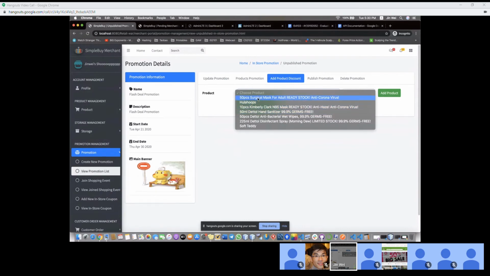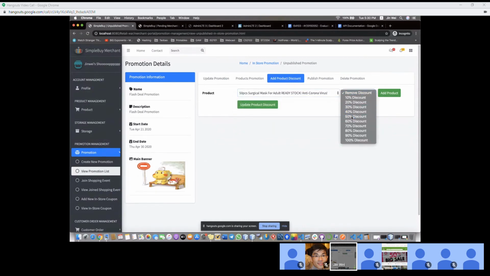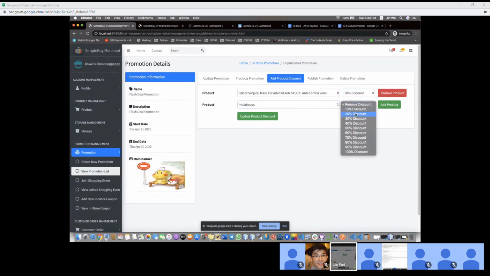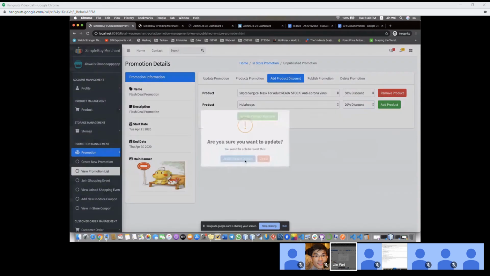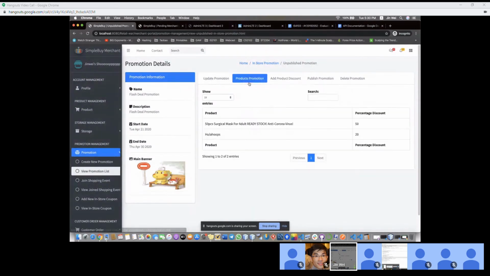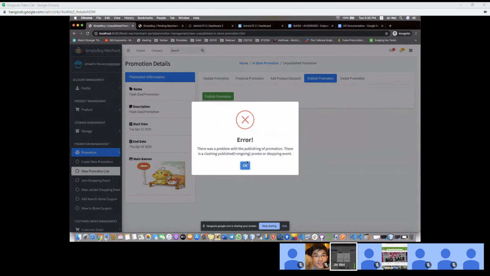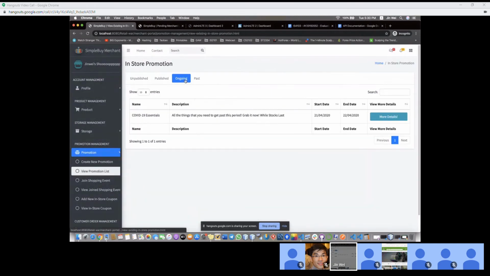Then let's say I want this item to have a 50% discount. Then this item, like the hula hoop, to have a 20% discount. Then I just update the product discount. Then you can see here the percentage discount, which will be reflected on the front end. Then you can choose to publish the promotion. But for now, it will throw an error, as you can see here, because there's an ongoing promotion. That's why you cannot publish any promotion. So next, I will pass the time over to the buyer side, where the buyer will actually buy a gift